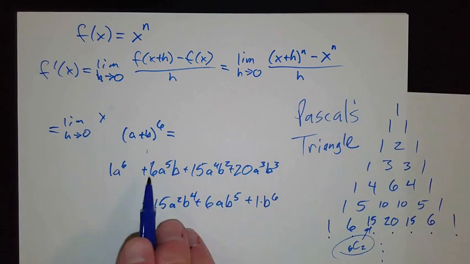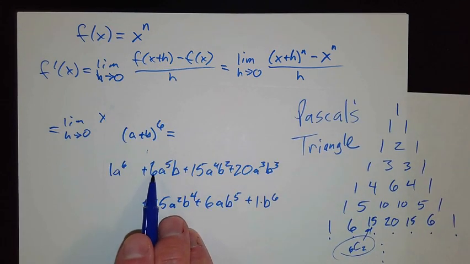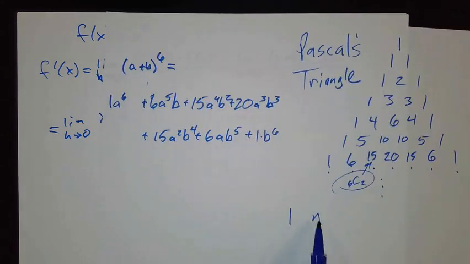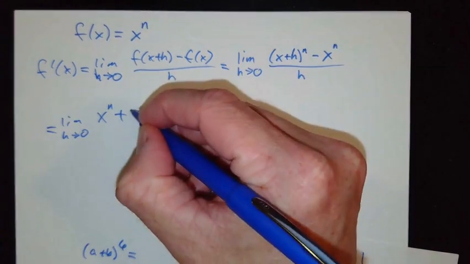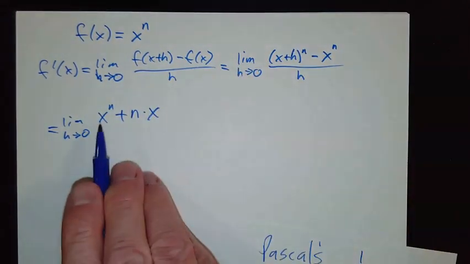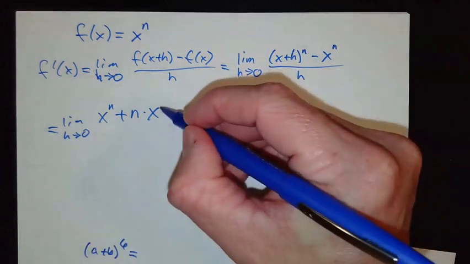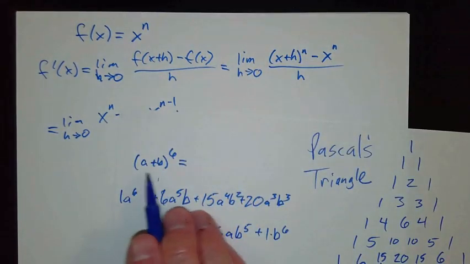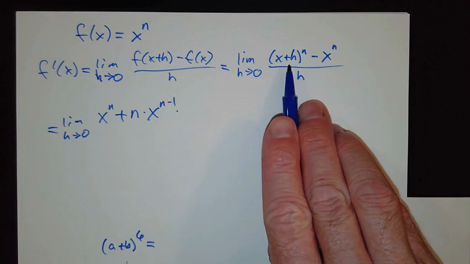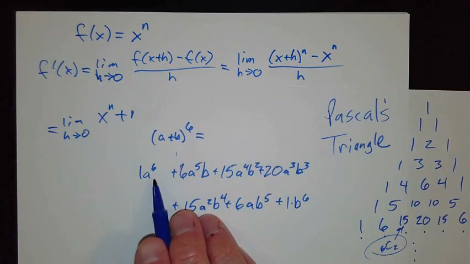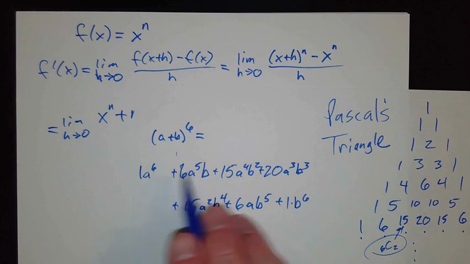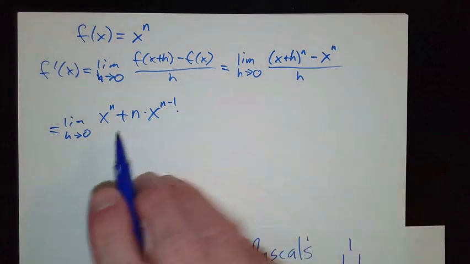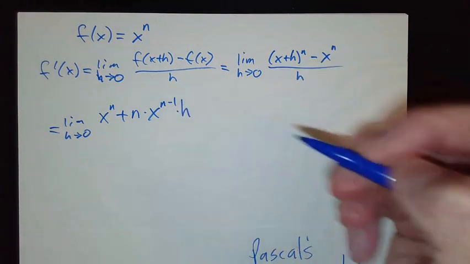The next term came from Pascal's triangle. In the 6th row, the second coefficient was 6. In the nth row, our second coefficient is n. So my next coefficient is n times, and now I've got my decreasing powers of x. It was x to the n, so now it's x to the n minus 1. And then in this case, we had a plus b, and I'm expanding x plus h to the n. So I had b to the 0, we'll have h to the 0. b to the first, b to the second, b to the third, etc. And so my powers of h are going to be h to the 0, h to the 1,